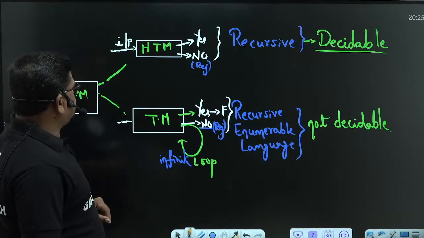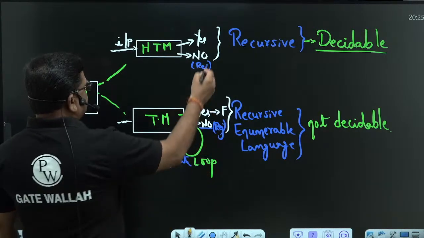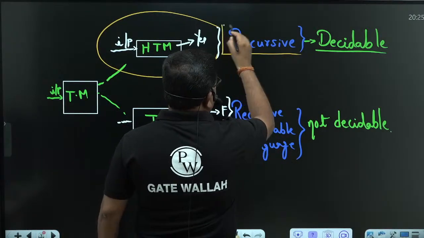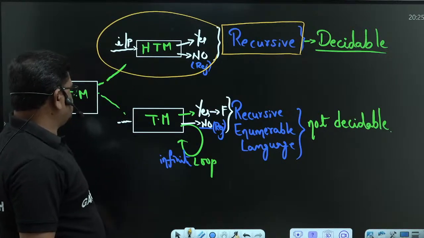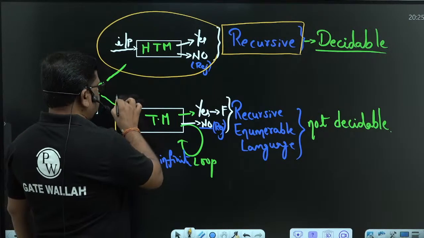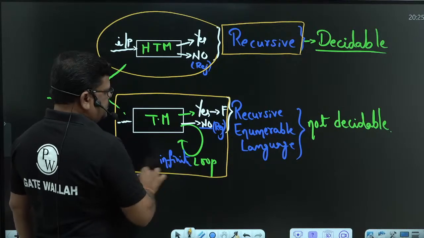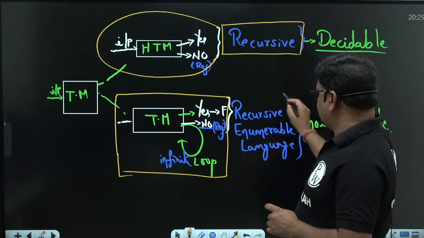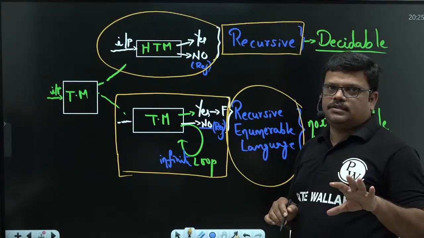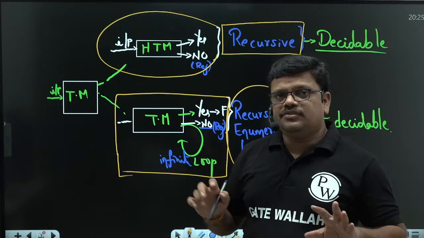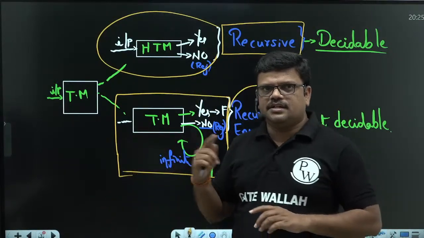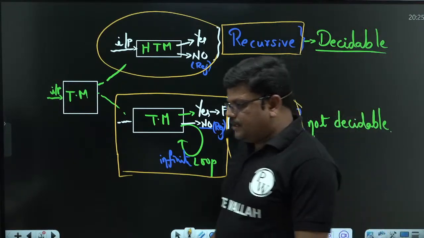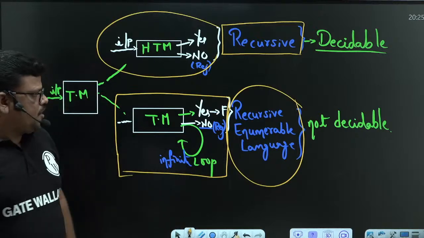It is based on the classification of halting and non-halting behaviors. If it is a halting one, the corresponding language is called recursive. That is called decidable. If it may or may not halt for some inputs, the Turing machine's languages are called recursive enumerable languages. And once a language is recursive enumerable, it is not decidable. It can be undecidable, it can be semi-decidable. We have semi-decidability. Generally, a semi-decidable language falls under this category. Right. So this is the classification of these two languages.